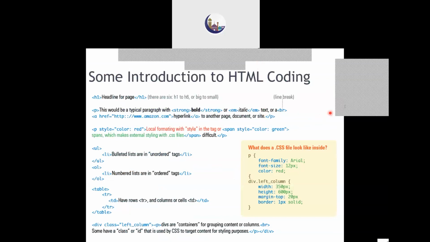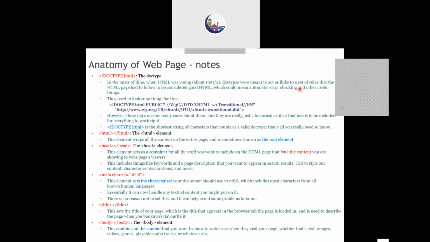From this slide, we'll continue in the next session. Till this particular slide, is there any doubt?